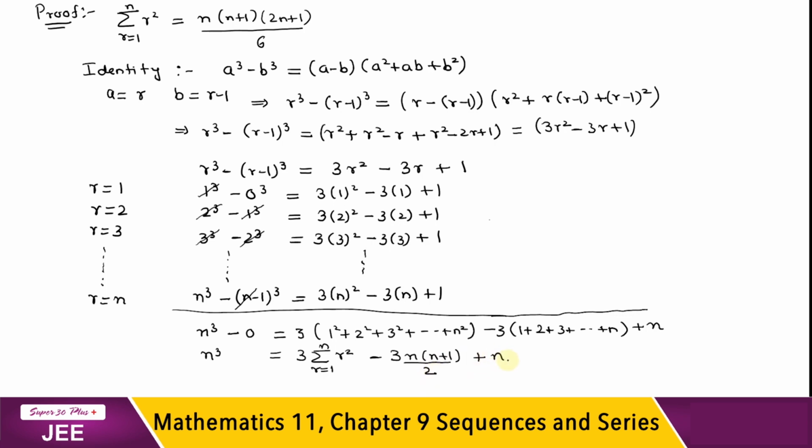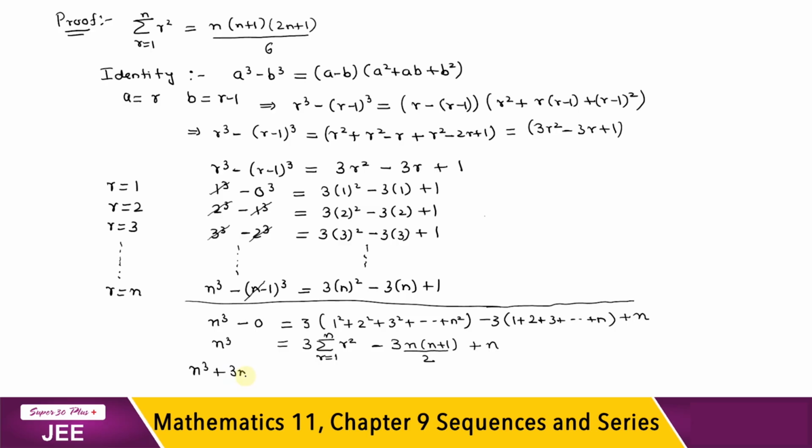Now we are required to find the value of this sigma r square from r equals 1 to n. So I am going to take this term in LHS and this term as well in LHS. So we are going to get n cube plus 3n(n plus 1) divided by 2 minus n is equal to 3 times